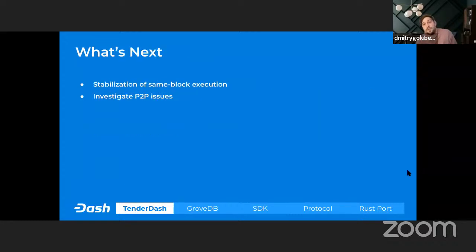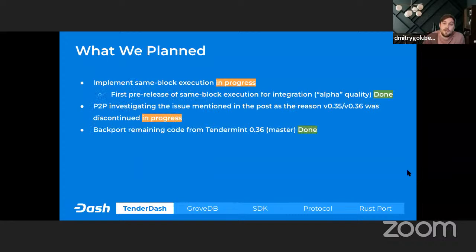The second topic is P2P investigation. Some time ago, probably several weeks, I don't remember when, Tendermint decided to discontinue the V035 and V036 releases because they found a critical bug, and they rolled back to version V034.